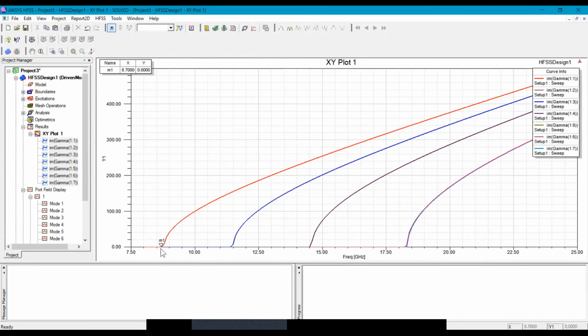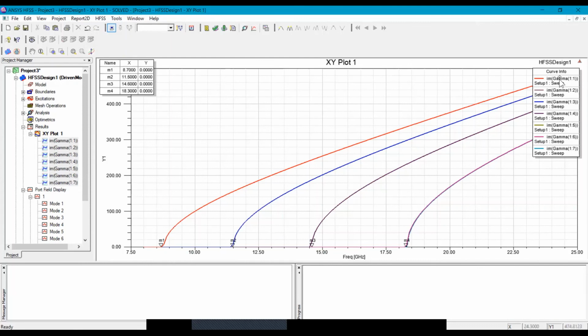So we can see that the first frequency is 8.7, and in our case we are getting 8.68, something like this. So it is more or less similar. The second is 11.5, third is 14.6, next is 18.3. So we are getting the same result as we have seen in the table or in our theoretical calculation. Okay, so these are the first 7 modes.